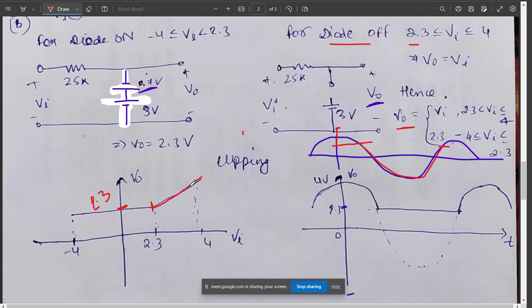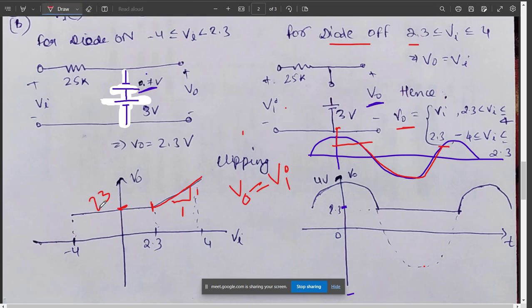The slope here is, how much is the slope here? Can someone tell me what will be the slope here? It's 1. VO is equal to Vi. Got it? Got it? Yes, ma'am. Good. Let's go ahead